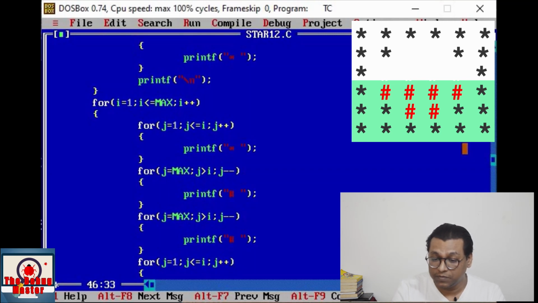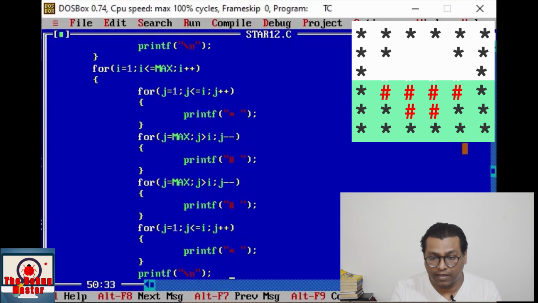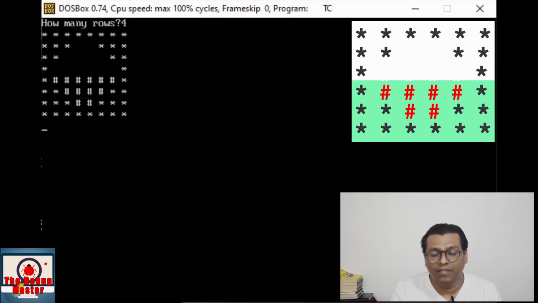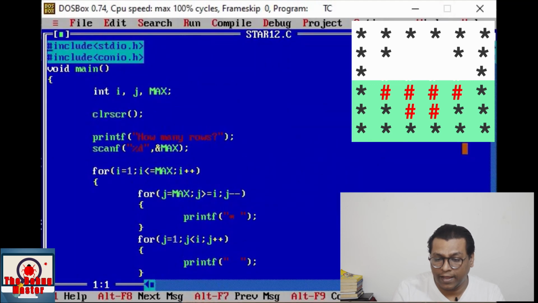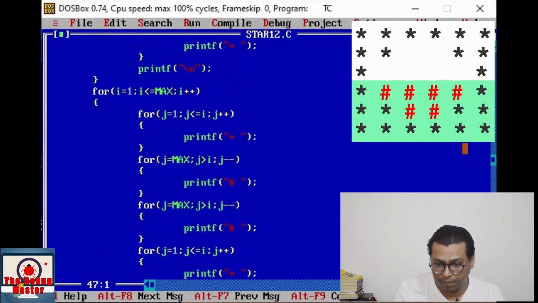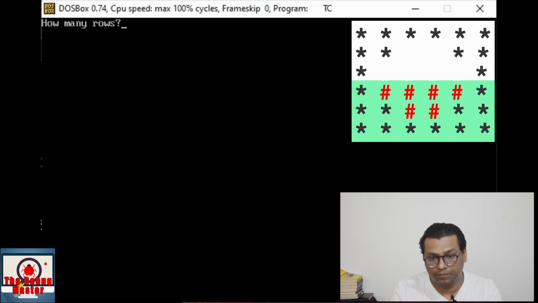That's all, friends. Just save and see the output. Right? So simply replace all hash with the space, space over here, space over here, save, compile and run.